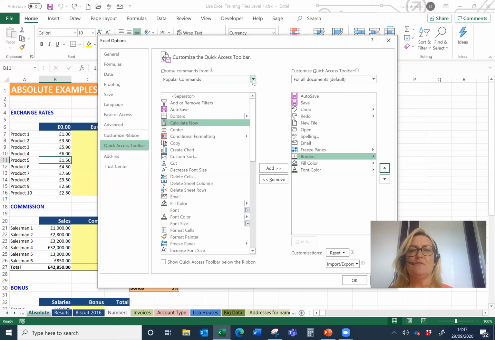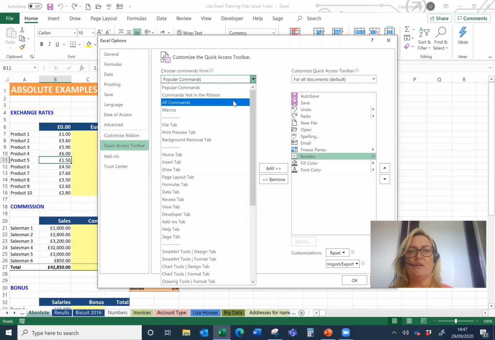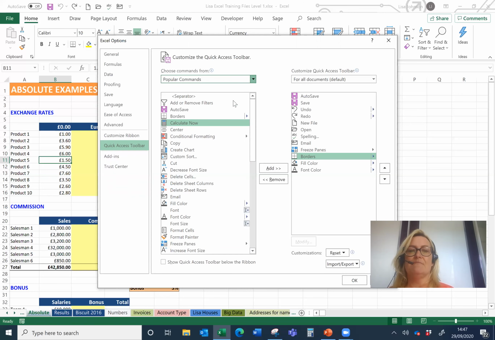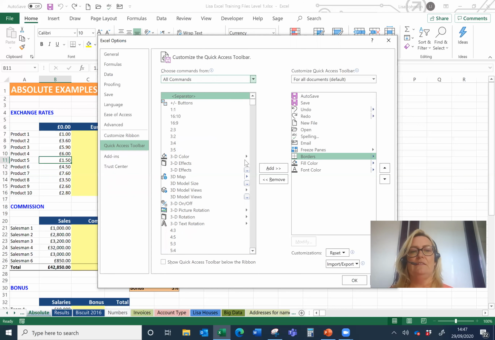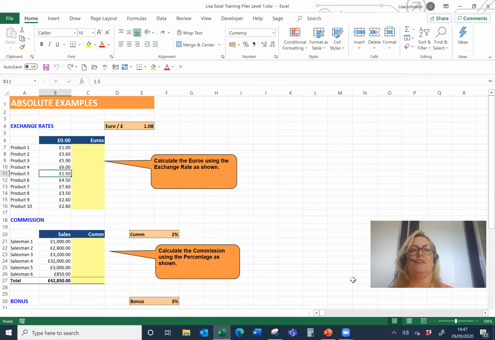In fact, if you go to the down arrow here and go for all commands, there's masses of them, so you can go in and really have a good nose at what's available. This one here is called Show Quick Access Toolbar below the ribbon. Thoroughly recommend that. Press OK, and I'll show you what it's done. So it's moved it from the top to this part of the screen here,